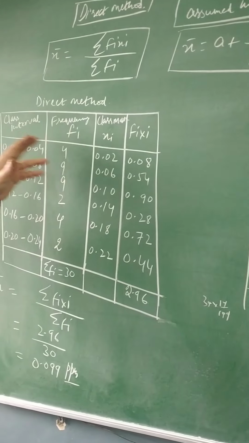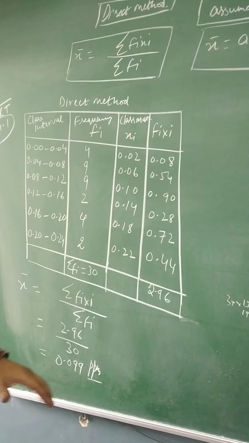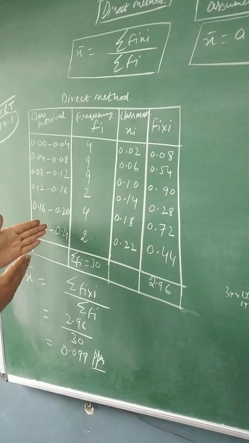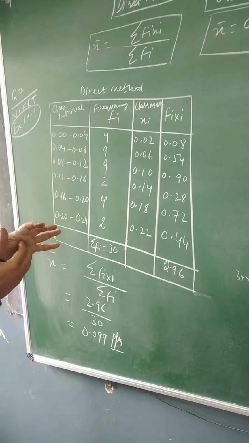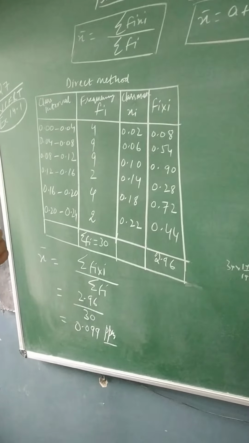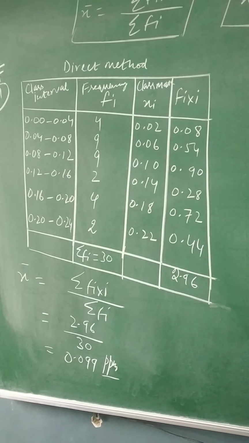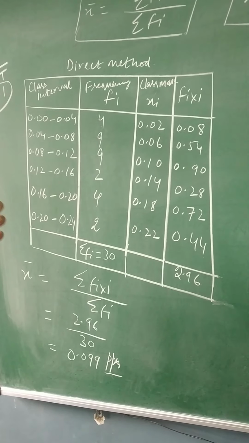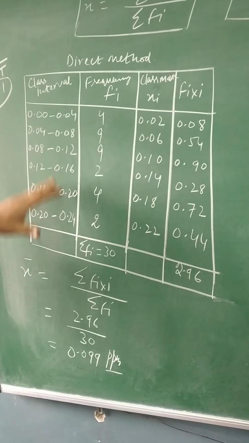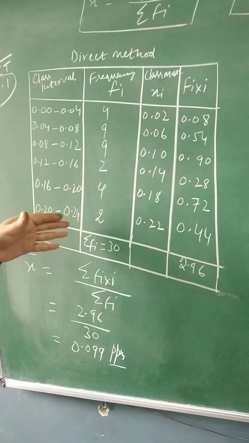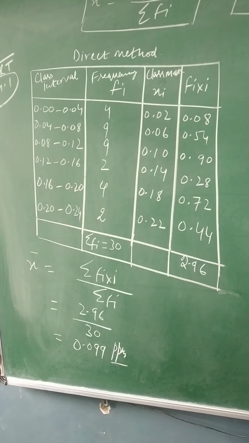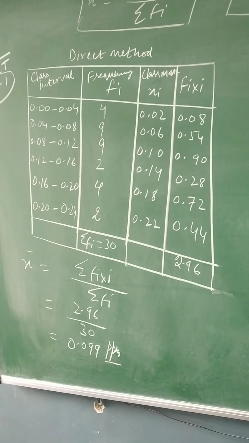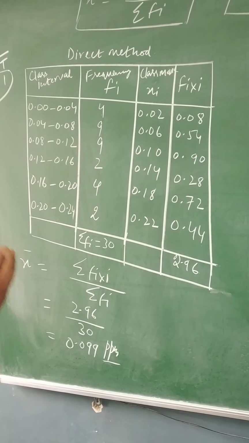So first of all, what we did in class 9, let us have a look. You know there are 4 columns we need for the direct method. If class intervals are given, I will write them there. I picked this question number 7 because, in my experience, every year when I ask the students which question I can solve for them, most of the time I am asked to solve this one, because the class intervals are in decimals, and decimal phobia is also a major issue among average students.